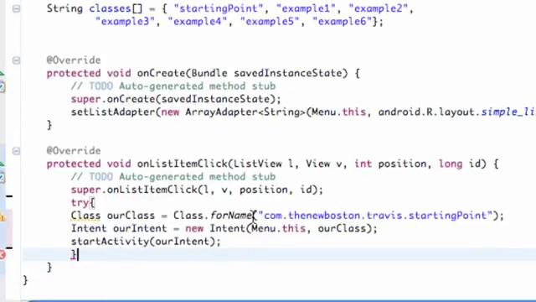For example, we're going to use the exception type class not found. So again, if this class is not found, it's going to give us that exception. So we're going to say catch, and then we have to define the exception within parentheses, and again the exception type is called ClassNotFoundException. We're going to label this exception, or give this variable the type, the label E,